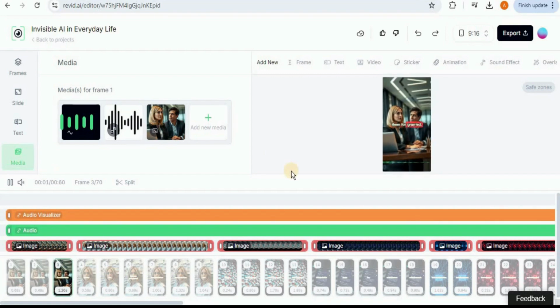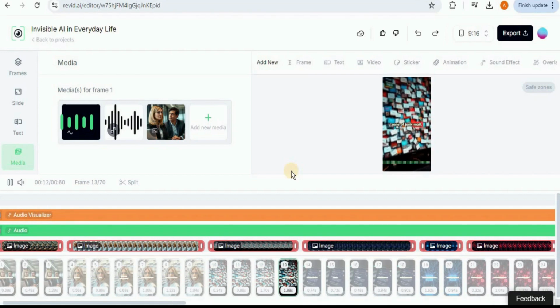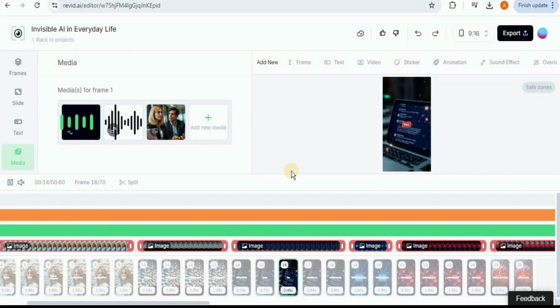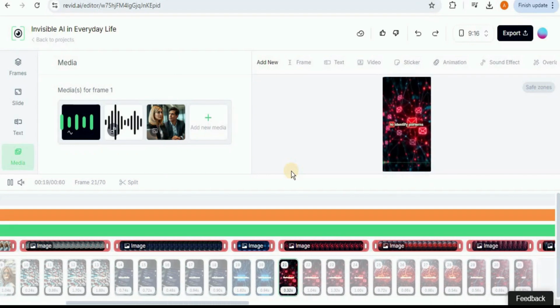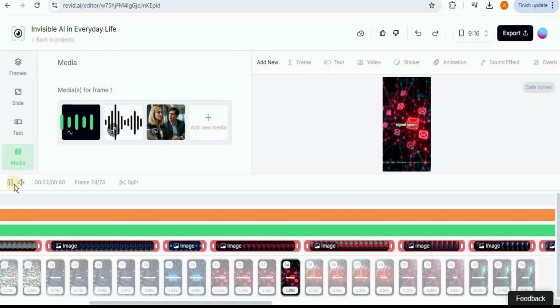That's a great point. We kind of take them for granted. It's true. Like, have you ever stopped to appreciate how good spam filters are? I mean, back in the day, my inbox was a war zone of junk mail. But now it's like magic. Yes, spam filters are a classic example of AI quietly working in the background. They've learned to identify patterns and red flags that signal spam.